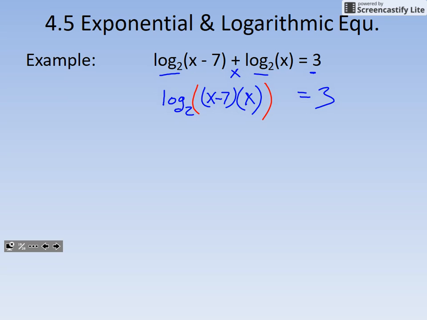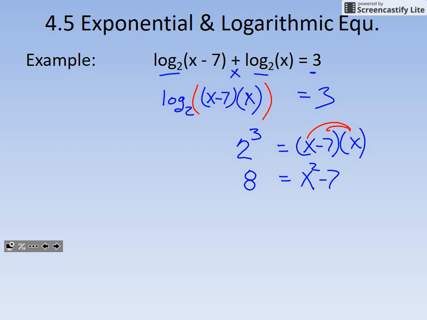So probably the best thing to do now is, we're currently in log form, to rewrite it in exponential form. So my base is 2, my exponent is 3, that's going to be equal to x minus 7 times x. So let's go ahead and distribute the x right there. And the 2 to the third becomes an 8. So I have x squared minus 7x. And it looks like we're going to move in towards a problem that requires a little bit of factoring. So let's subtract the 8 from both sides. So we have